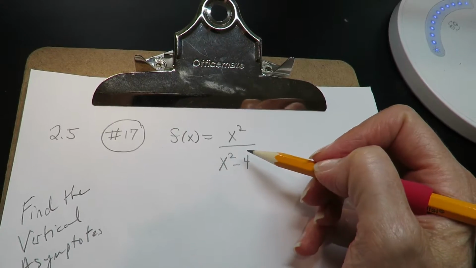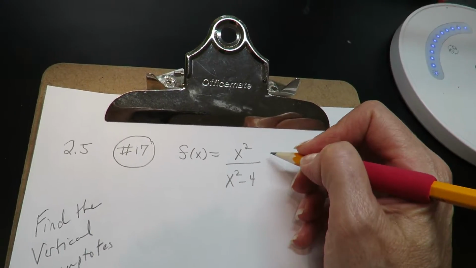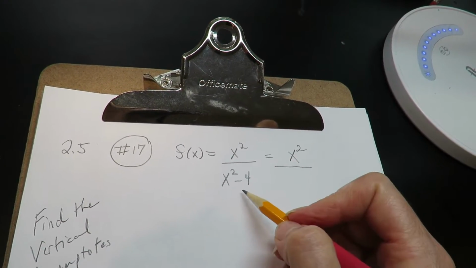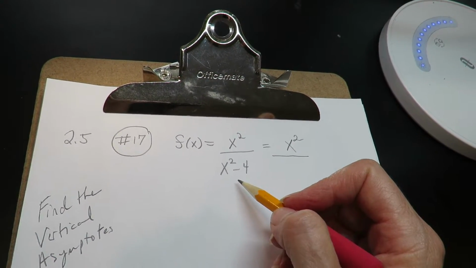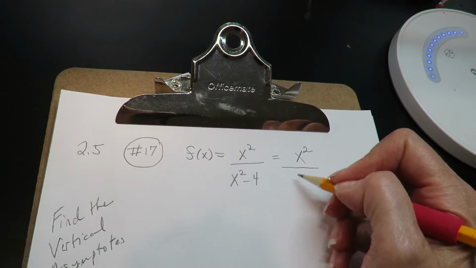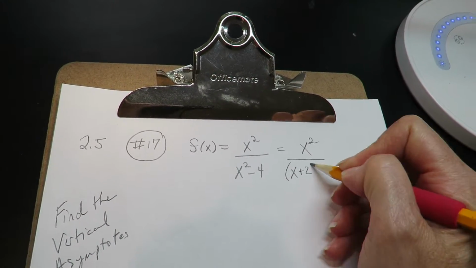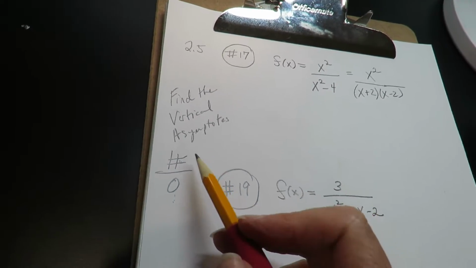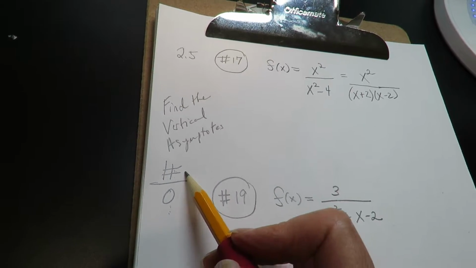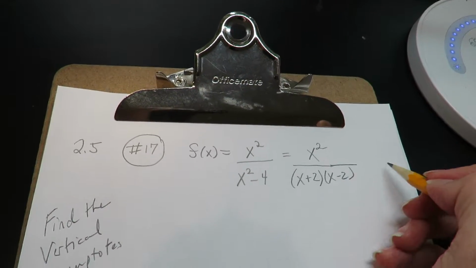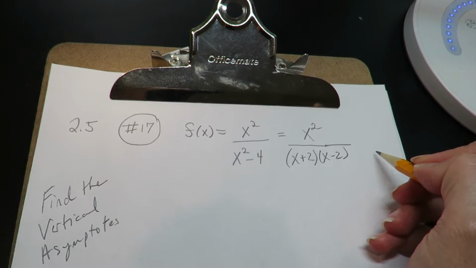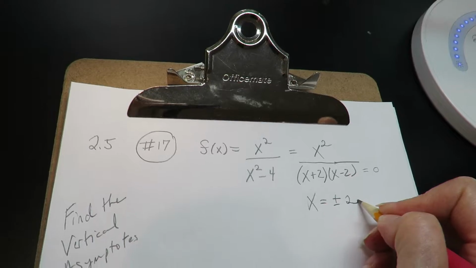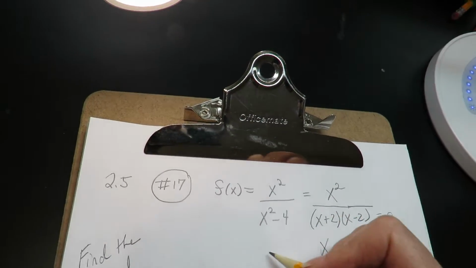So when I look at this fraction, the first thing I'm going to do is factor it. In the denominator, you have a difference of perfect squares. So I'm going to factor that. That becomes x plus 2, x minus 2. Again, you're looking for where the numerator is not 0 and the denominator is 0. So if I set the denominator equal to 0, I'm going to get that x is equal to plus or minus 2, and that's where the vertical asymptotes are going to